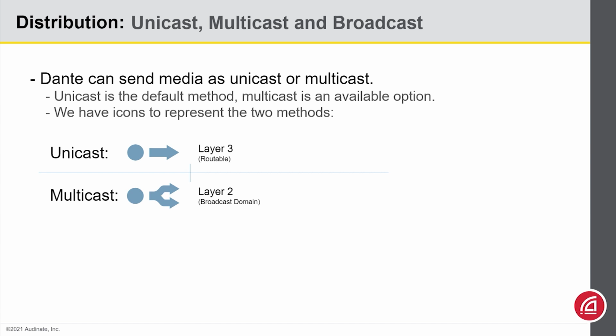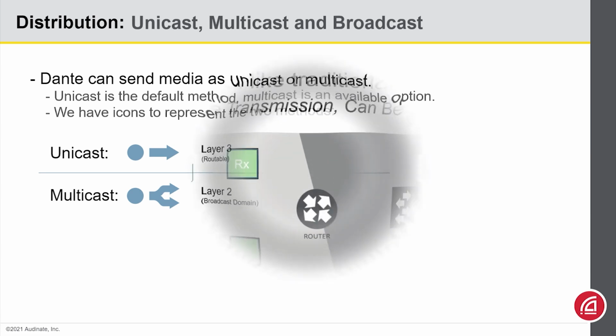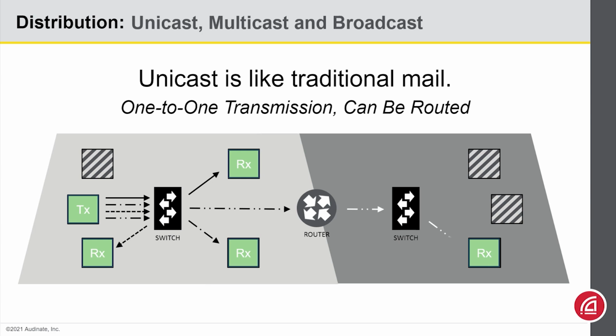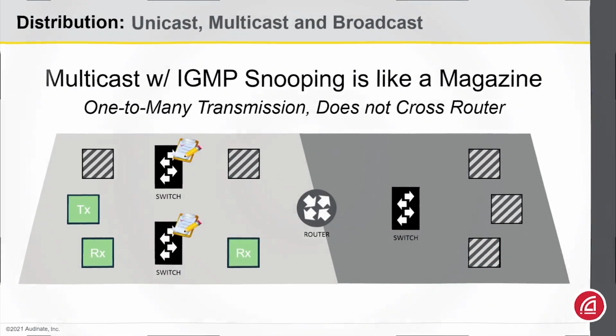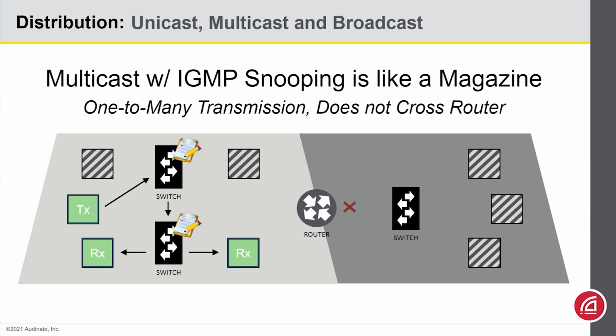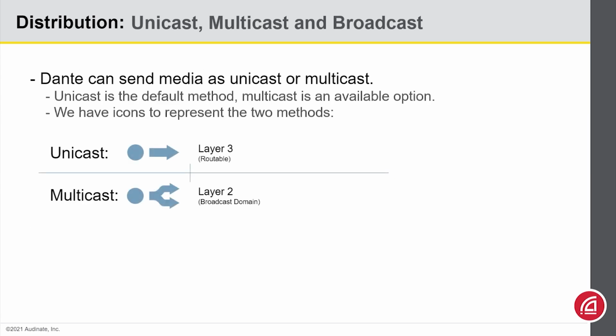Now this will become more important when you progress to level 3, but it's worth noting that unicast traffic can cross a router to other networks. It targets an IP address and it's routable. We would call that a layer 3 connection. However, multicast is limited in scope. It will not cross the router. Its distribution is limited to the broadcast domain in which it sits. And in fact, if we look at the diagrams I drew earlier, you'll notice that unicast crossed the router, while multicast did not.